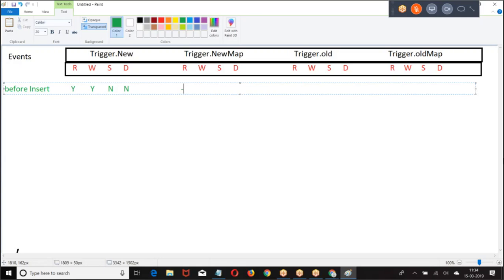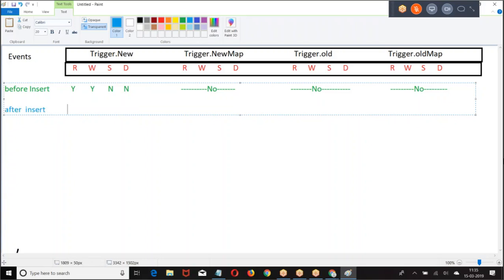Do you have trigger.new map? Why? Trigger.new map will come only when you insert the record. It is before insert, so records are not saved. Then I have after insert. When it's after insert, do you have trigger.new? Yes. Read. Now, once the data is inserted, if you want to make any changes, what you are supposed to do?